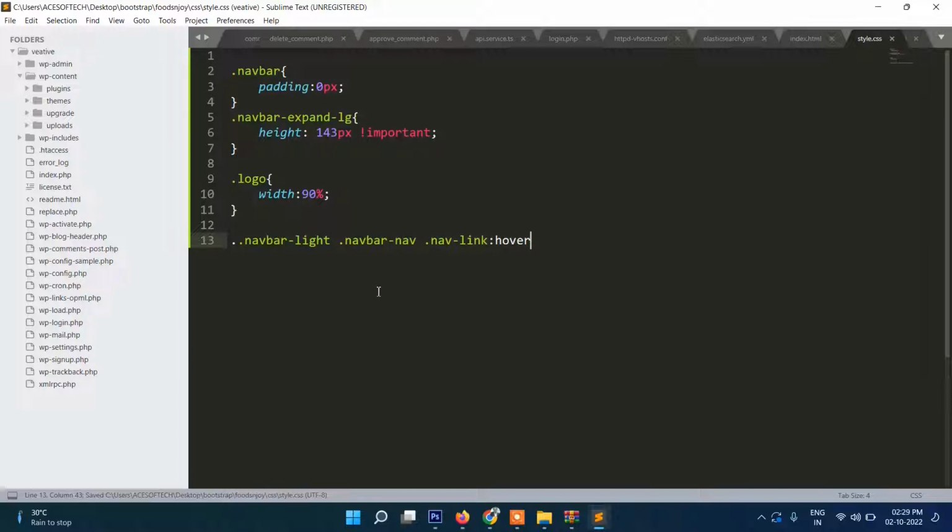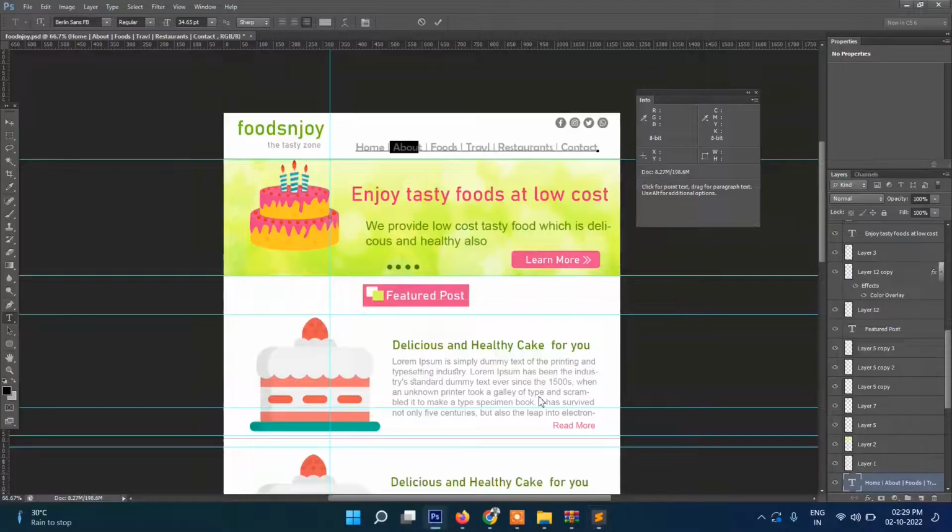Navbar light, we have already removed this. So navbar nav, or simply we can write here navbar. Okay, and navbar hover, we need both these. When we mouse over, then it will show hover, and in simple term it will show nav link. Once again I need to copy the code actually of this one,